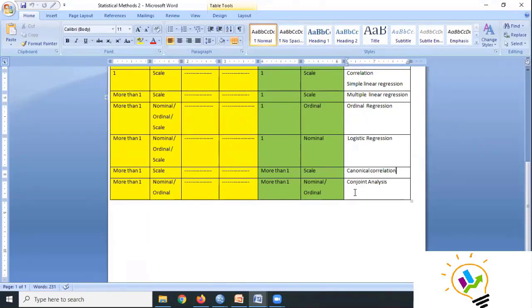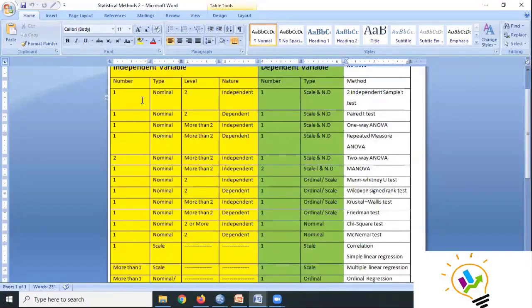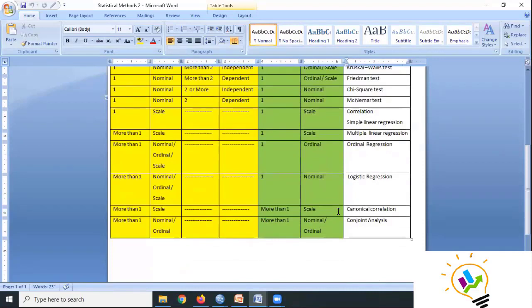Okay. So for the combinations, madam, we must see what the data type is first. We must see the measurement type, because the whole story is only about whether it is nominal, ordinal, or scale. And when it is scale, again you must check whether it is normally distributed or not. And you must check the size of the dependent and the size of the independent. Both sizes should be checked. Based on the combinations, the type of methods can be used. Okay. Right, madam? Yes, sir.